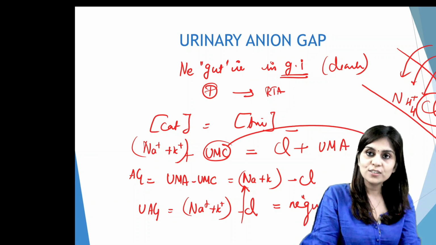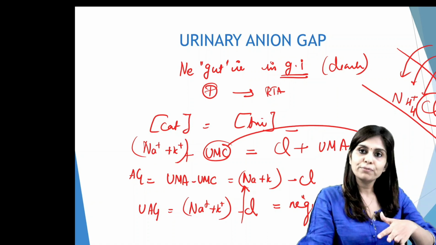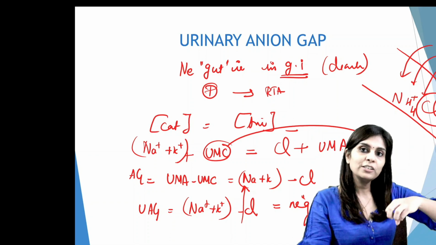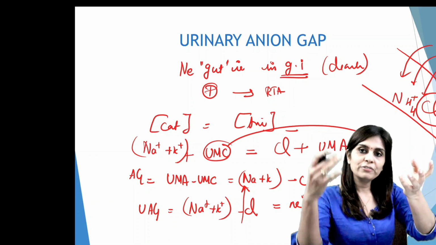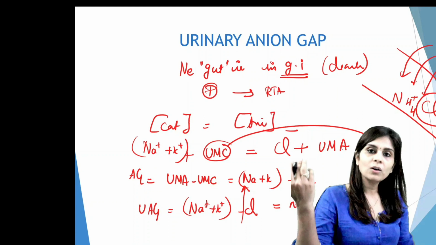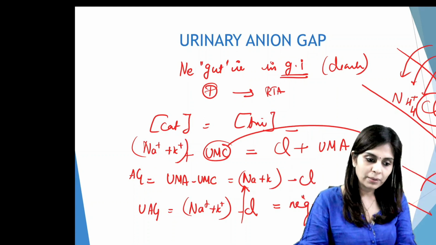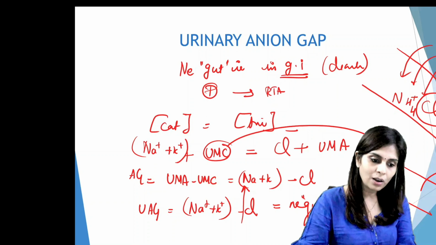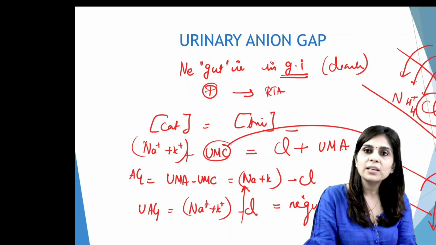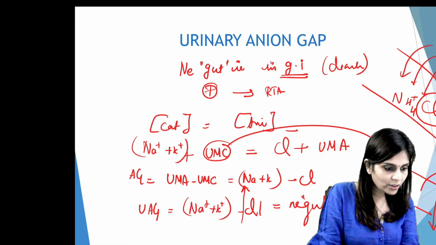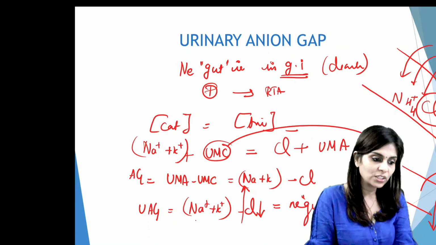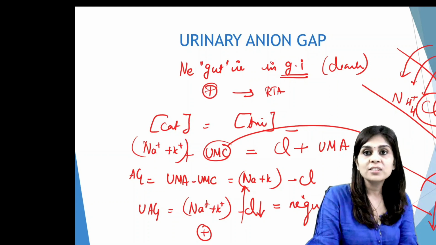What if it's renal loss of bicarbonate? Whenever sodium tries to get reabsorbed along the renal tubules, usually sodium is accompanied by bicarbonate. But if it's renal loss of bicarbonate, bicarbonate cannot accompany sodium. So what accompanies sodium? Chloride. So what we do is we reclaim sodium along with chloride. So urinary chloride concentration is very low in renal tubular acidosis. When urinary chloride concentration is low in renal tubular acidosis, urinary anion gap happens to be positive.